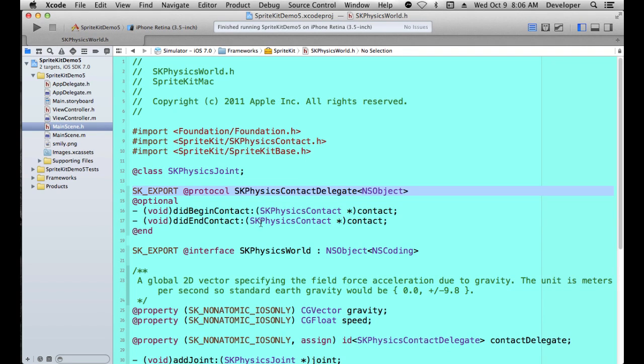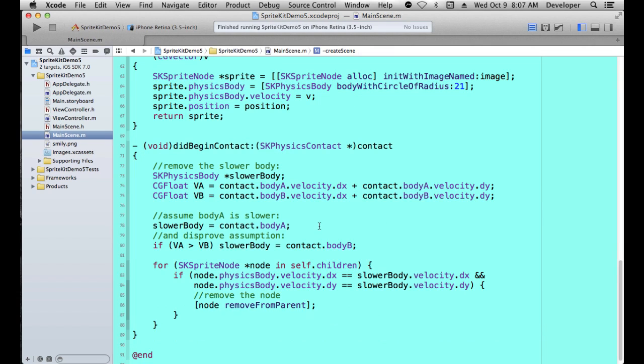didBeginContact, didEndContact, and so forth. So this is our protocol, SKPhysicsContactDelegate. So we can see the beginning and the ending of a contact. We're using didBeginContact. So the first thing we want to do is find which one of the bodies that is in the contact